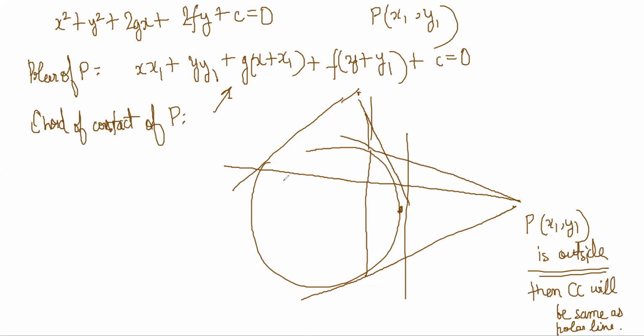If however the point is inside the circle, then the chord of contact is imaginary. Polar, however, I think is not imaginary. One second. The polar of a given point is the straight line which passes through the real and imaginary points of contact of tangents. Also, the pole of any straight line is the point of intersection of.